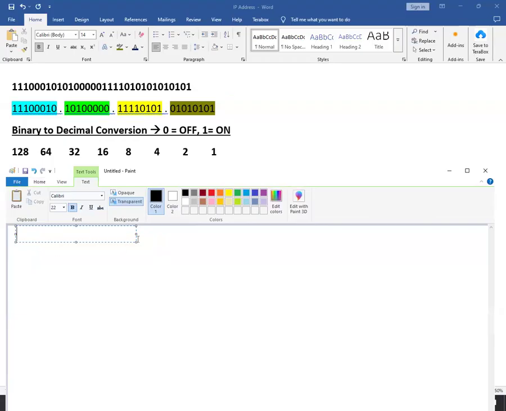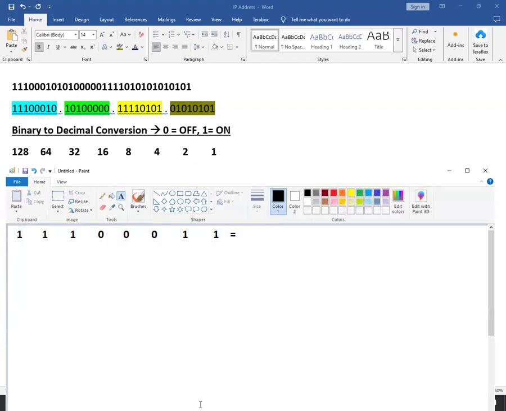Suppose I take a binary number, let's say 1, 1, 1, some combination here. Randomly, I'm just taking some combination. This is my binary number. So what will be the decimal number of this combination? How to calculate it? Very simple, my friend. When you do the calculation, this bit is counted as the first bit, this is the second bit, third, fourth, fifth, sixth, seventh, eighth. There are totally 8 bits, right?